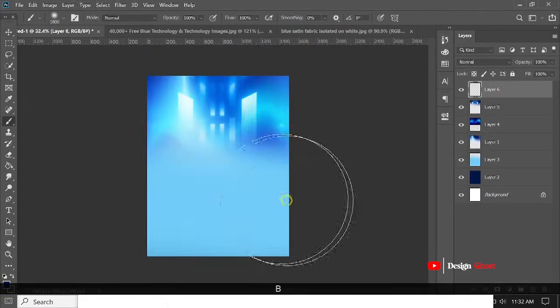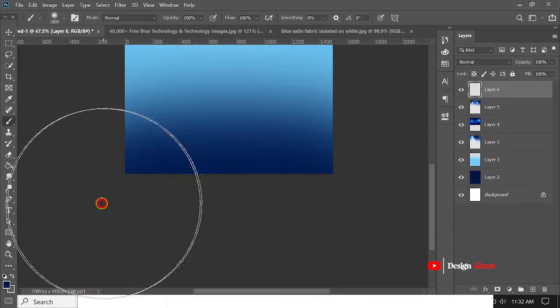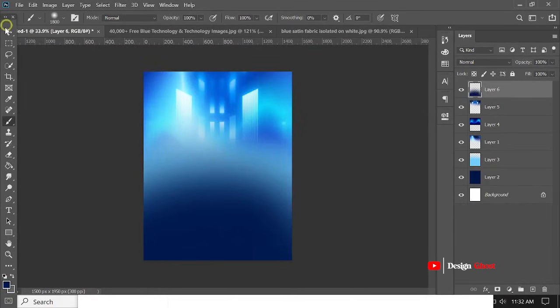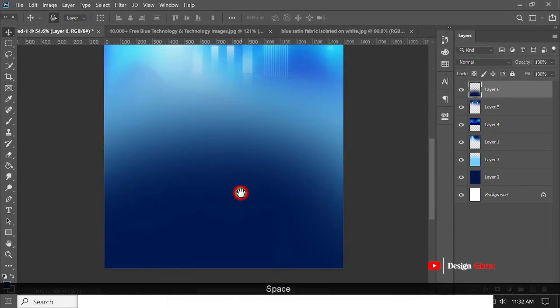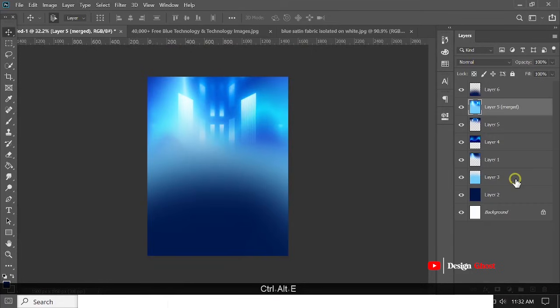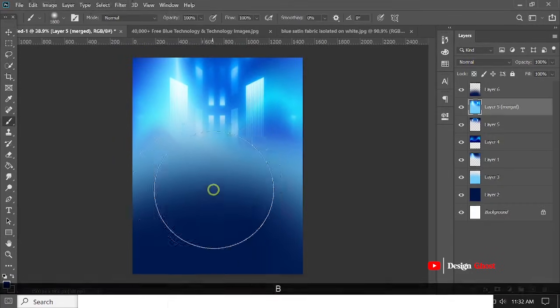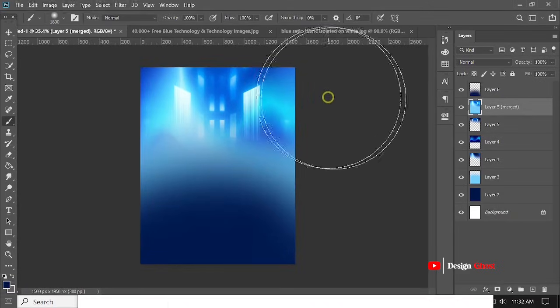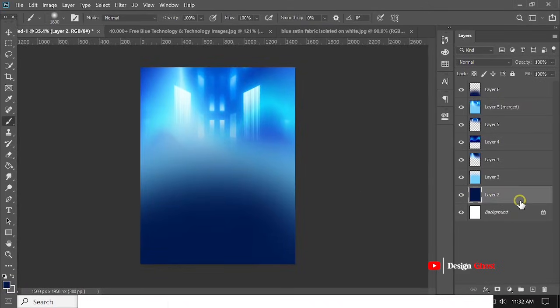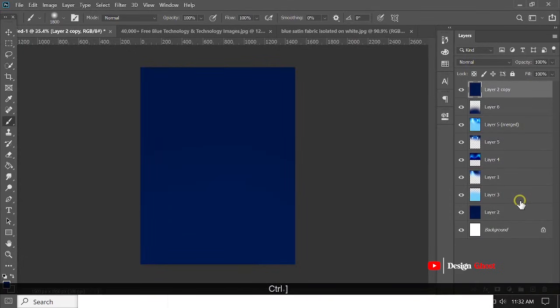Brush to this. We grab our brush again, or better still, we can duplicate this blue, take it to the very top,